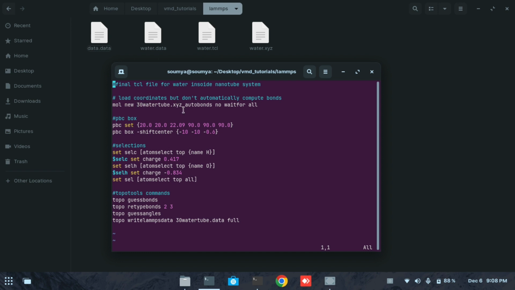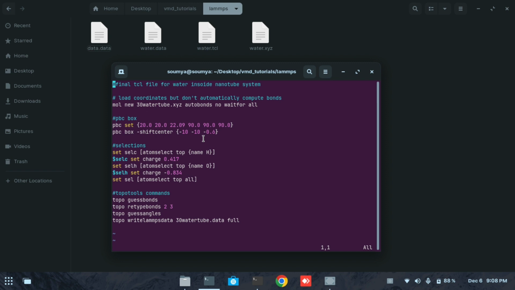Then this is the PBC set criteria. The first 3 values are the lengths along the XYZ directions, and these values 90, 90, 90 are the angles. Here I am taking a rectangular box, so the angles are 90, 90, 90 degrees. Then the PBC wrap center, as I have shown, wraps the center so that all the molecules are inside the box.